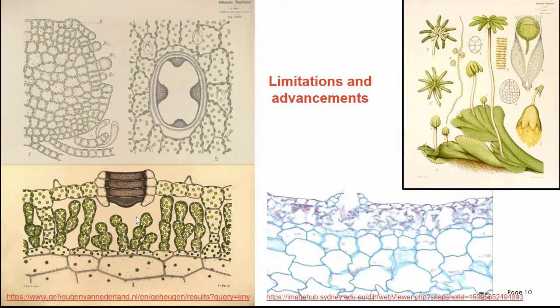But the limitation here is when you draw through one of these little pores in the surface of the liverwort, you can kind of get a 3D image. You can draw it in the third dimension that you can't do when you've taken a slice through these pores. You can only get it in 2 dimensions. So in how these slides are made, you're not getting a full picture of what that structure really looks like.